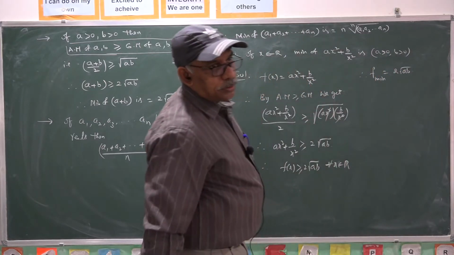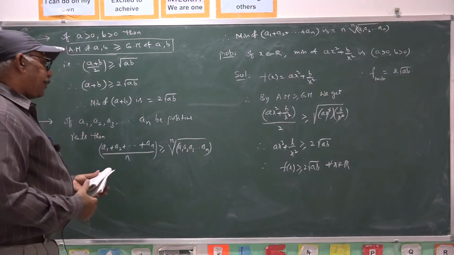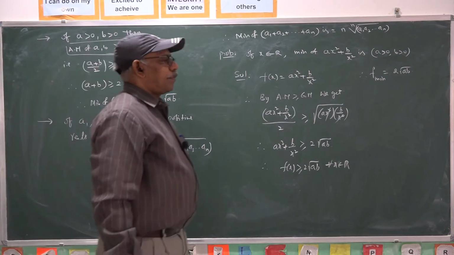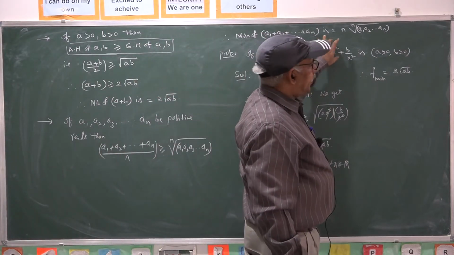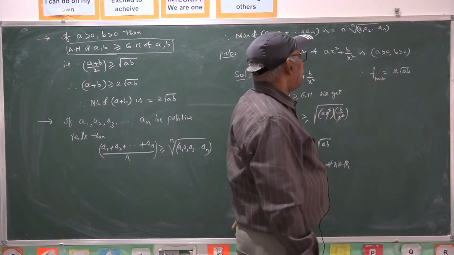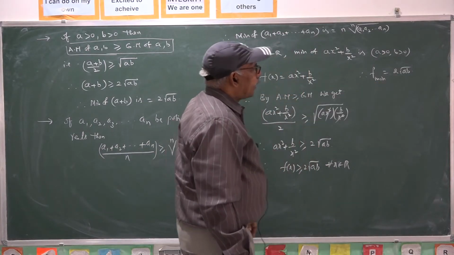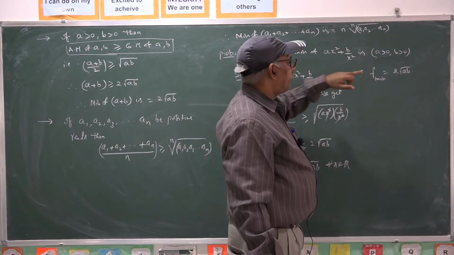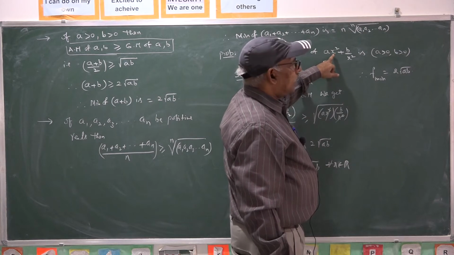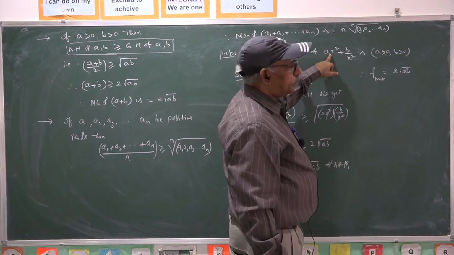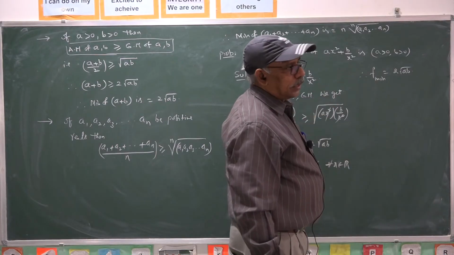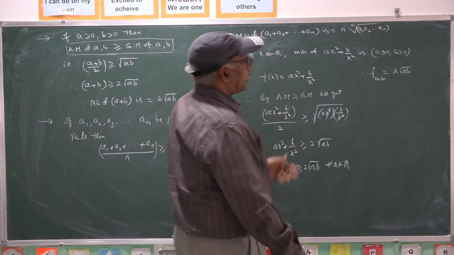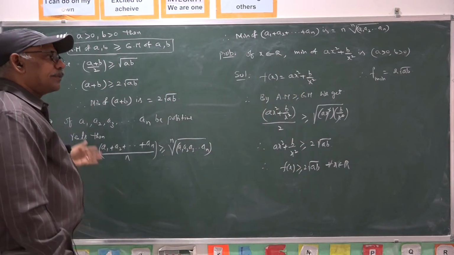No need of going through derivatives and the derivative test. Just by the AM-GM inequality, straight away you can find the minimum value of such functions, provided that this is positive and this is positive, as 2 root ab. Here the function must be in this form, so that x square must cancel. One is the reciprocal of the other. x square and 1 by x square are reciprocals of each other. In such a case, 2 root ab is our required minimum.